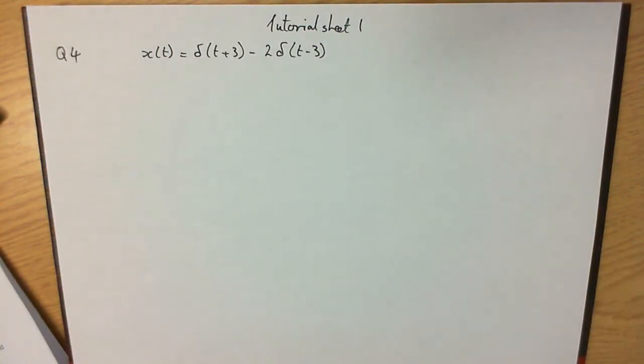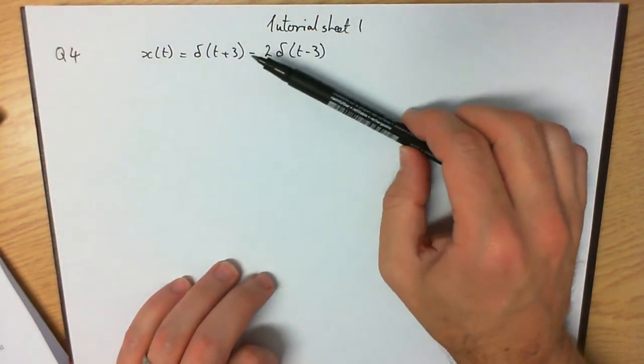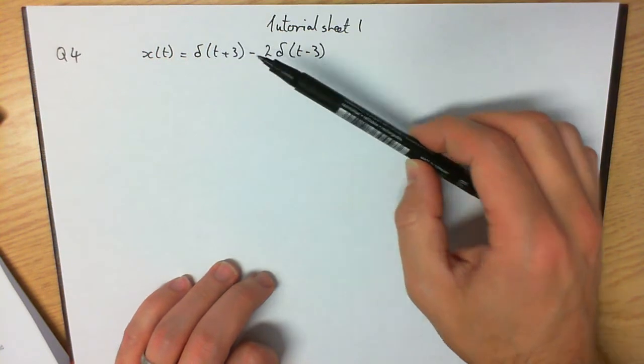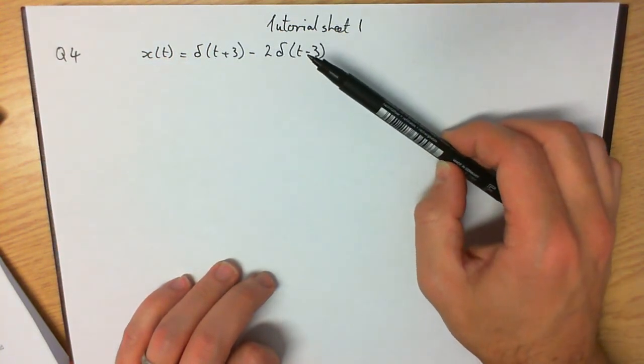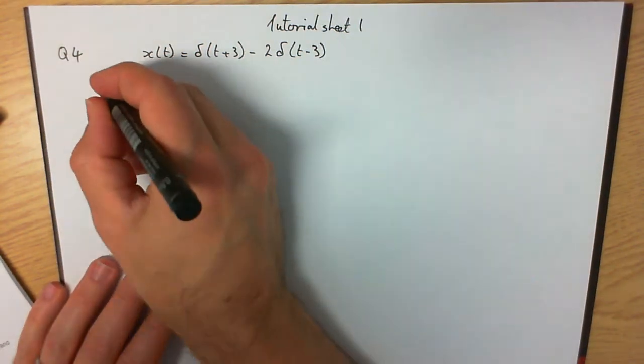Tutorial sheet 1, question 4. We're given this function x of t is equal to 2 impulse functions, delta of t plus 3 minus 2 delta of t minus 3. And we're asked to first of all plot